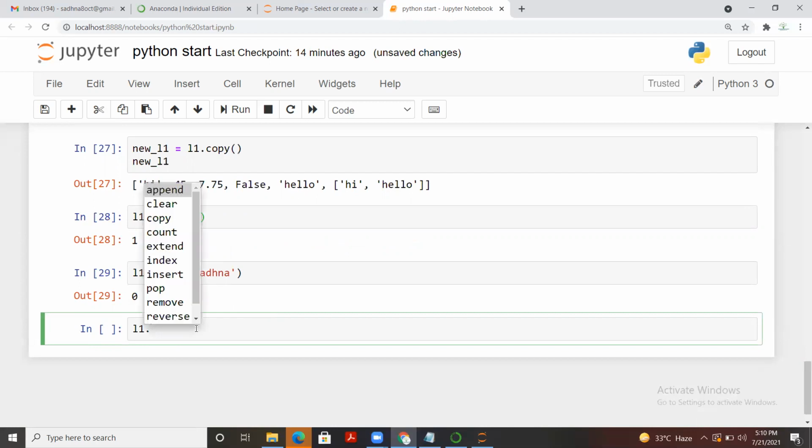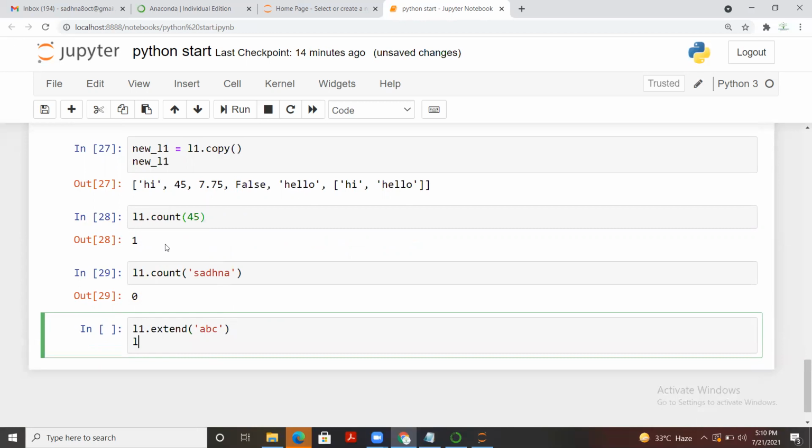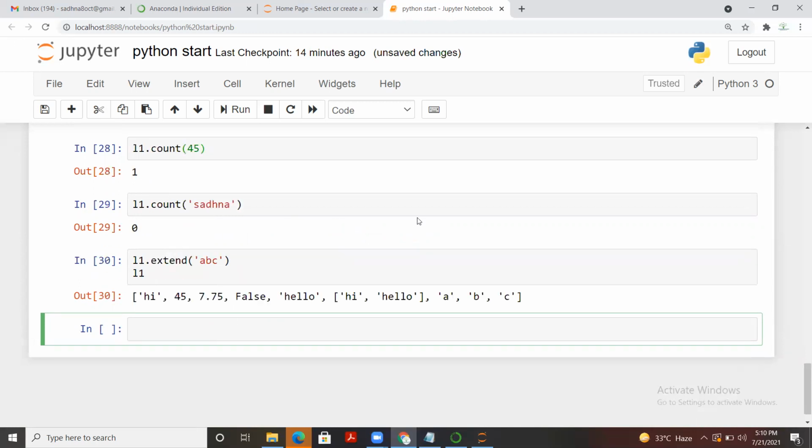And the next option is basically extend. Extend works two ways. Let me give you the example for both. I have passed a string to L1, and if I call L1, you will see that A, B, C has been bifurcated. It was a string and it has been bifurcated into particular elements. In case I wanted to add A, B and C with append, I would have to run that code thrice, once for A, then for B, then for C. So in case you want to do something like that, you can use extend to do it quite quickly.